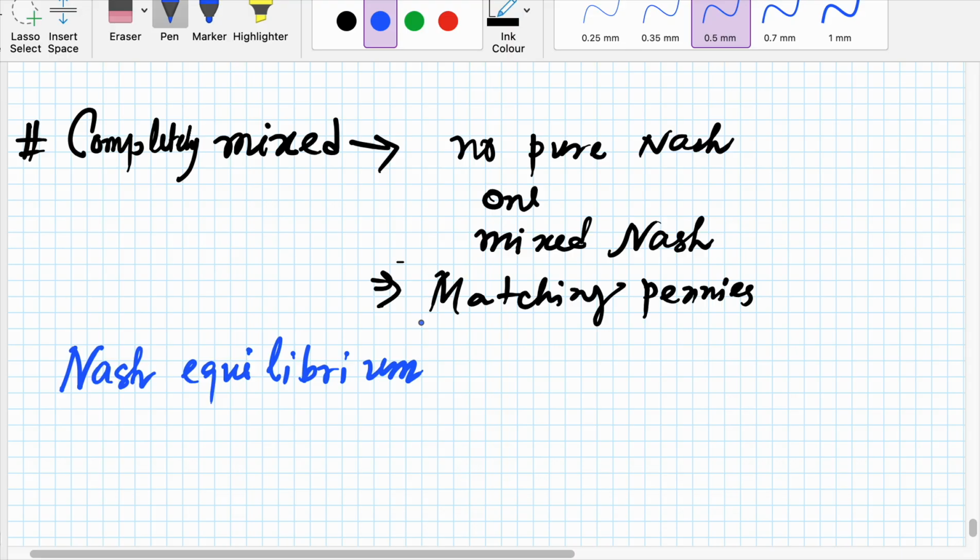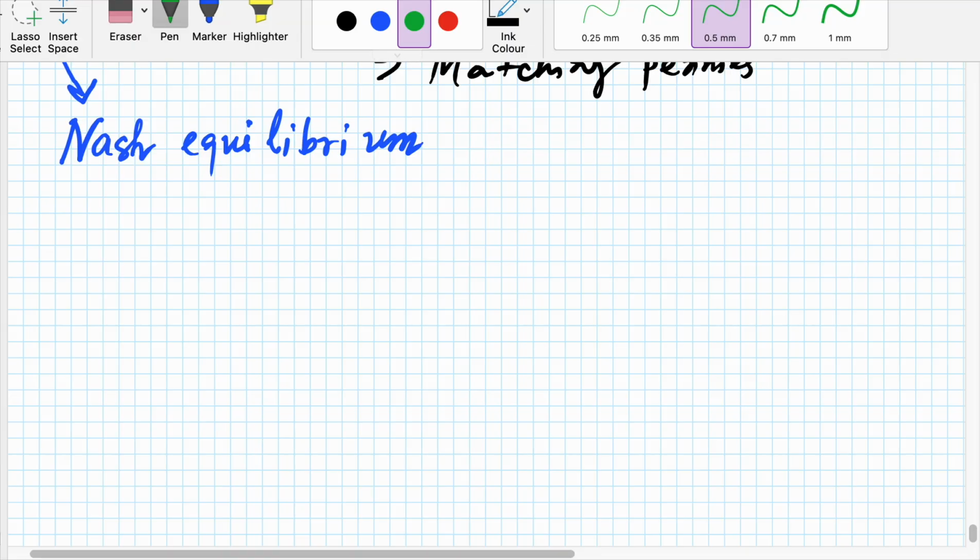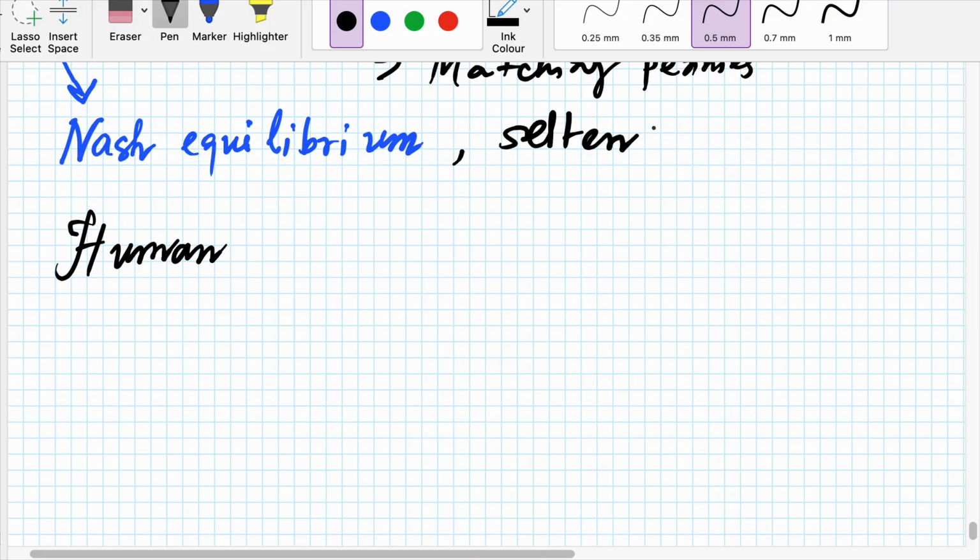If it follows the VNM expected utility theory, then in the mixed Nash game, the only possible outcome is the Nash equilibrium. However, they found another thing about real human behavior, and it was published by Selten and Chmura in 2007, I think. They published the paper where you can find that human